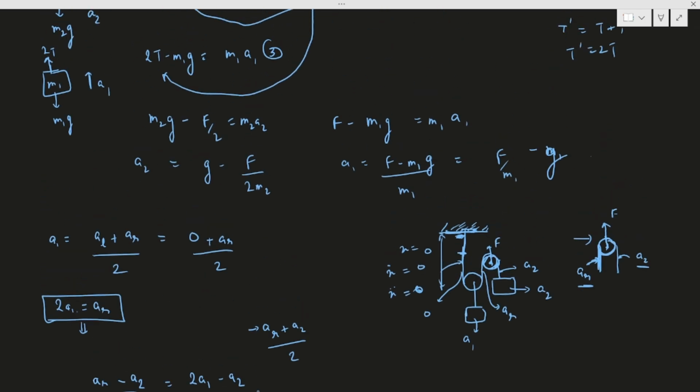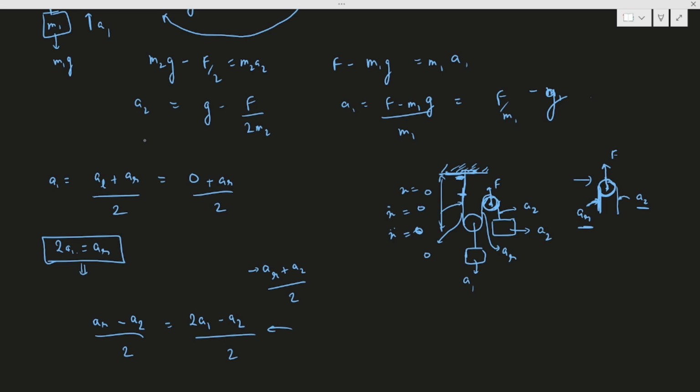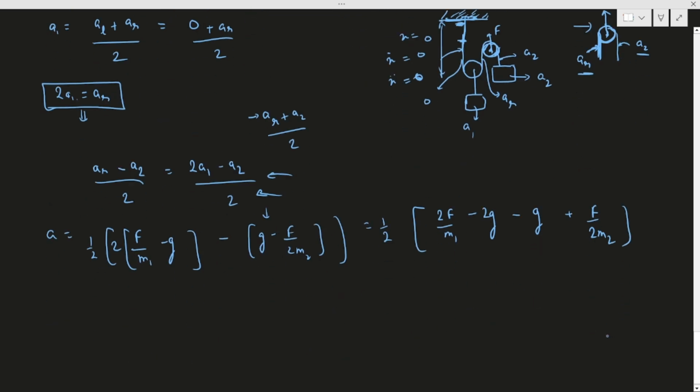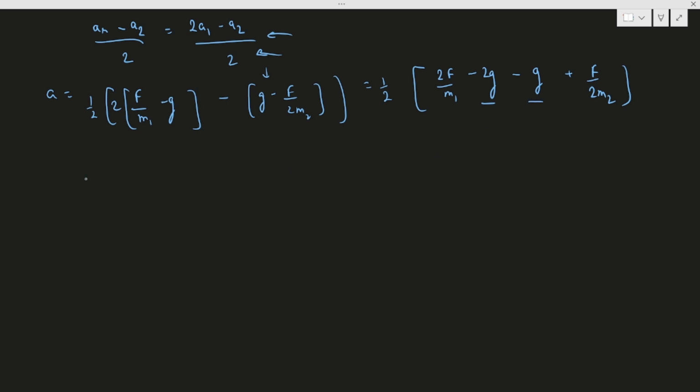Now we will put the values of A1 and A2, which we have already found, in this expression, and we will get A equal to this. On simplifying, I will take half outside. Then 2F by M1 minus 2g, minus g, plus F by 2M2. This minus 2g and this minus g will become minus 3g, and I will take this outside. So this equals minus 3g by 2, plus half into (2F by M1 plus F by 2M2). Now simplifying this bracket,